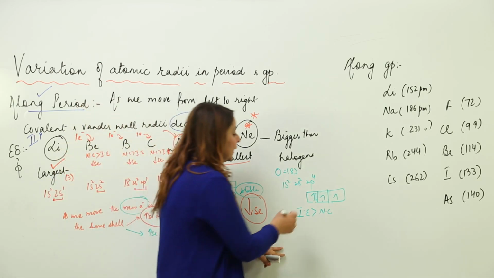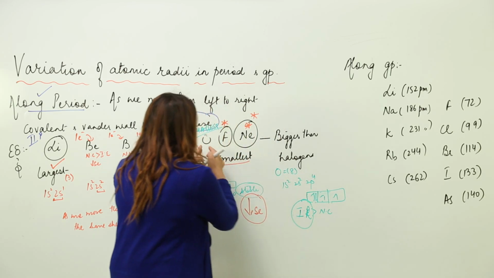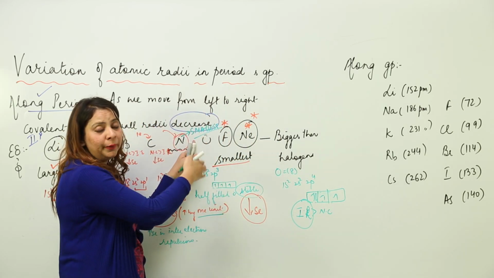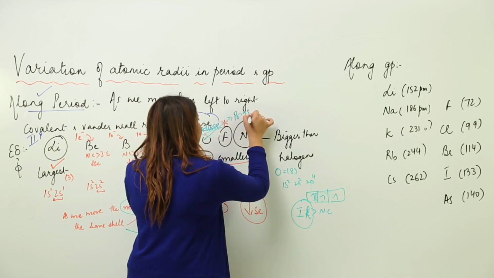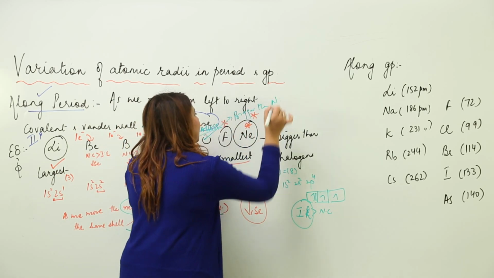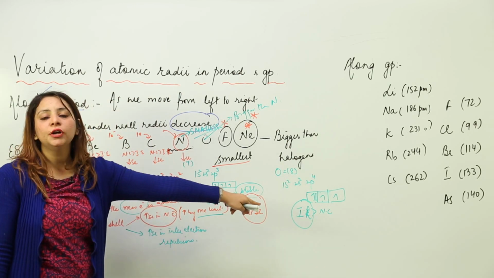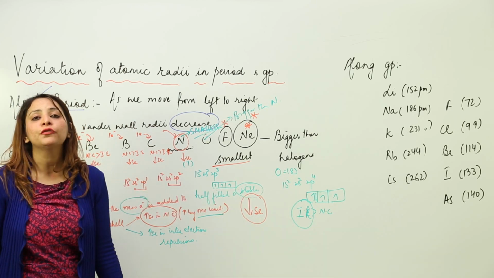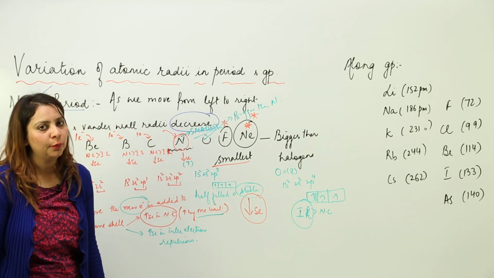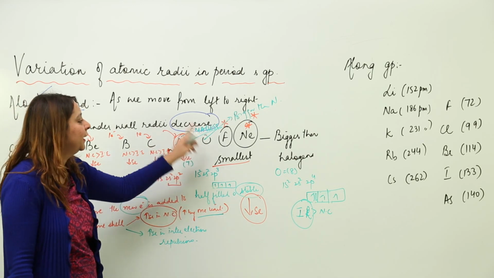So here inter-electronic repulsions predominate, and therefore the size of oxygen, which should be smaller than nitrogen, is actually bigger than nitrogen, I think you got it. The reason being that inter-electronic repulsions are more, though the nuclear charge is getting increased, the effect of inter-electronic repulsion is more predominant here, and that is the reason it is bigger than the